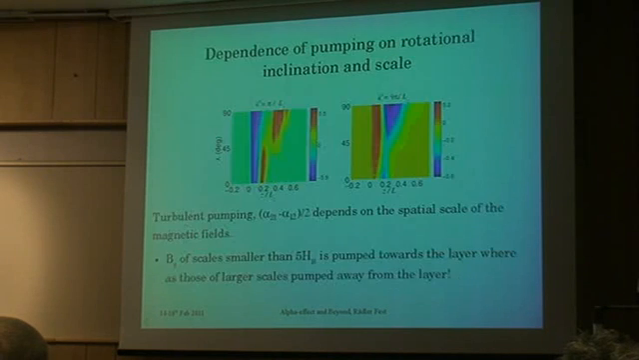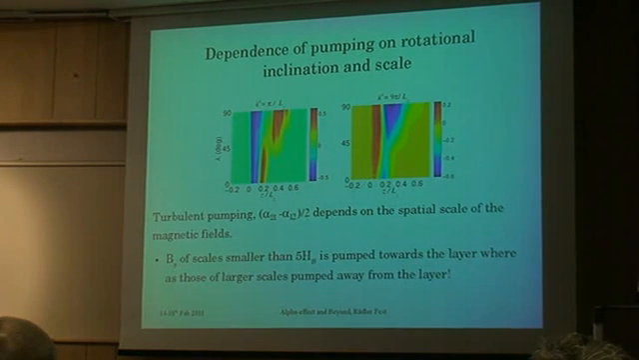But one of the surprising things is that I've been saying that these quantities are non-local. Now what do I mean by that? One of the examples is that if you calculate the turbulent pumping gamma, which is basically the difference between the off-diagonal terms of alpha, then the sign of the pumping actually depends on the scale, which means that if you have